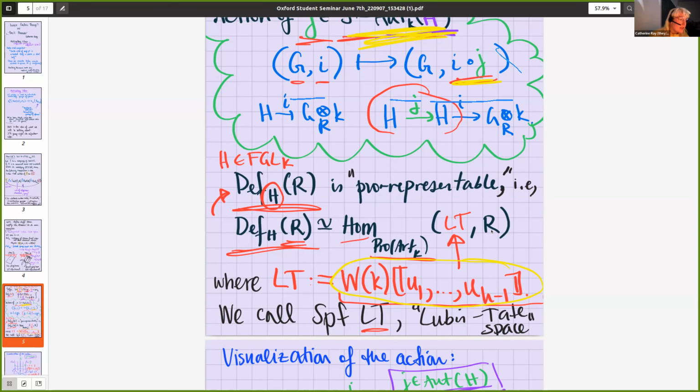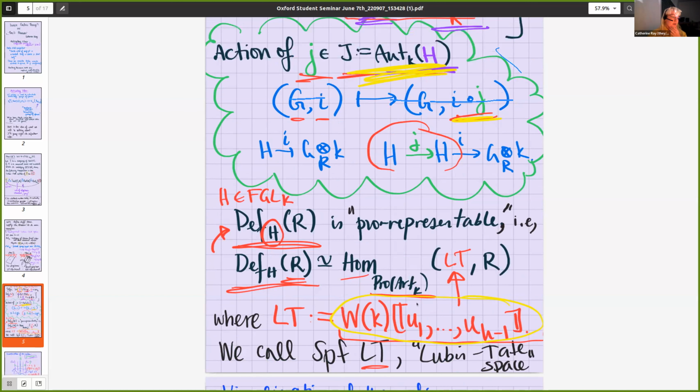And that ring is the Witt vectors adjoined a bunch of power series variables. If you've never seen the Witt vectors before, I will again have you ask of them. So if you take K being FP, the Witt vectors of K is ZP. So if you've never seen the Witt vectors before, you can just substitute thinking of them as ZP. I'll just briefly say that the Witt vectors are a nice way to give ring structure to things, and that's the purpose they serve. But here again, just substitute W of K to be ZP associated to FP.